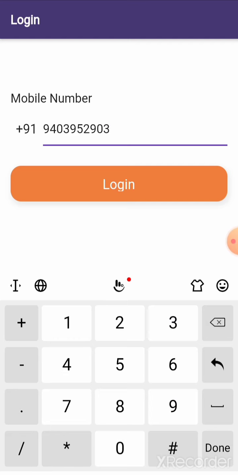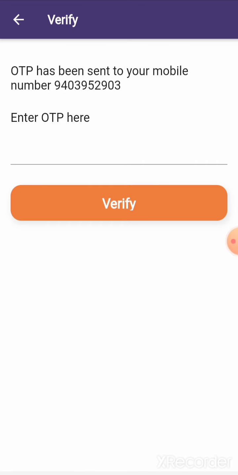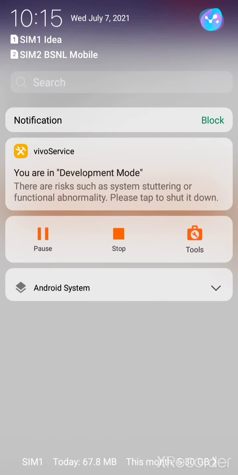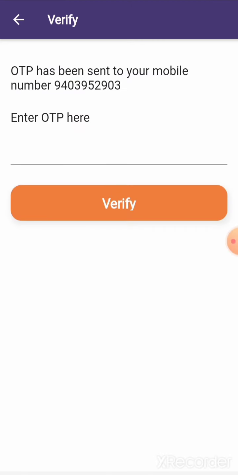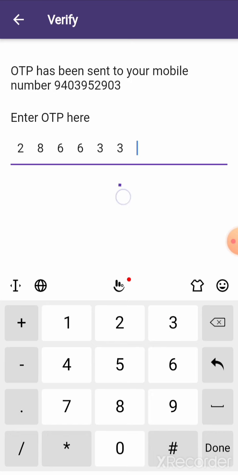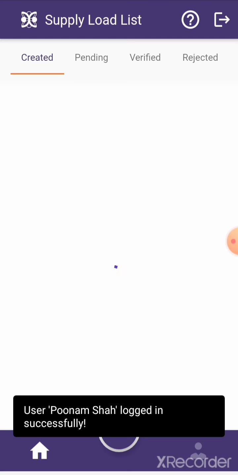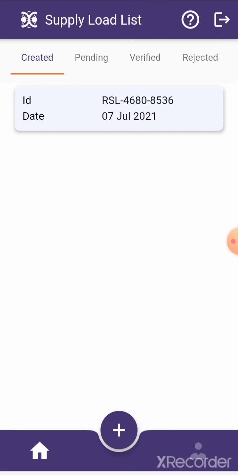After entering the mobile number and clicking on login tab, an OTP will be sent to your registered mobile number. After entering the OTP, click on verify. Now you will be landed on the main page of this Saksham app.